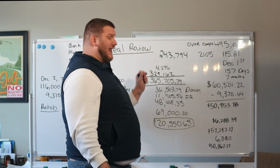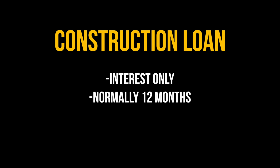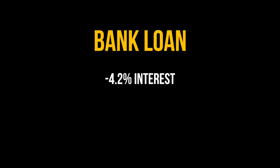We went and we got a construction loan. So a construction loan is not like your normal 30-year mortgage. A construction loan is interest only, and it is normally just 12 months. Sometimes shorter, sometimes longer, normally about 12 months. And we worked with a bank that gave us a 4.2% interest rate on